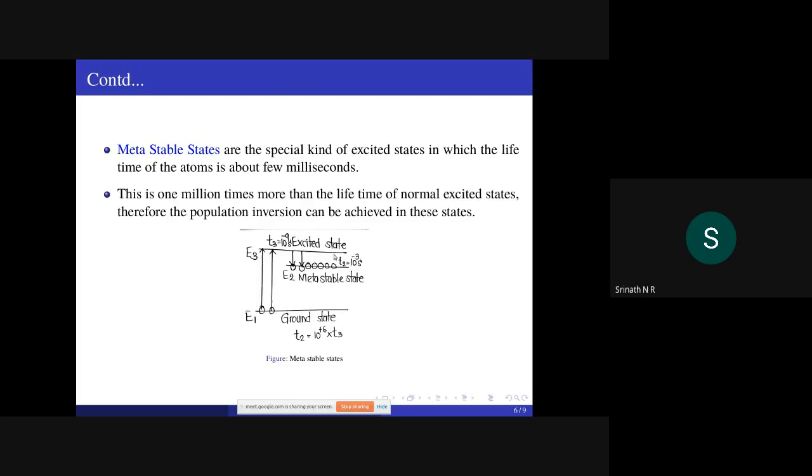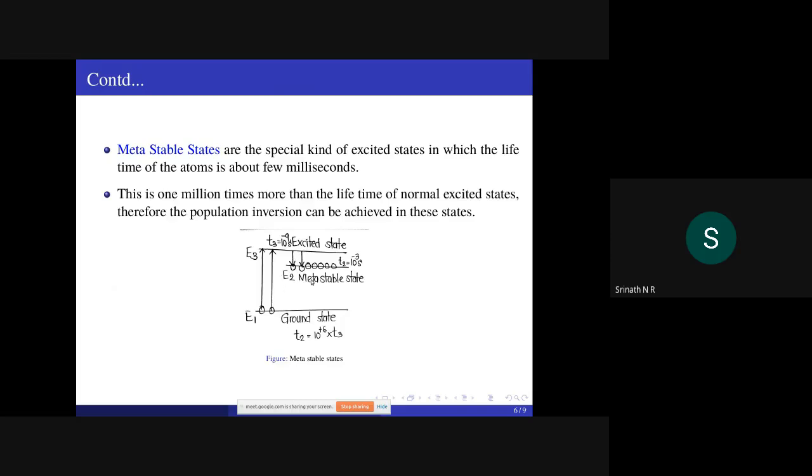That means here the average lifetime of the atom is 10 to the power of minus 3 second, whereas in the higher energy level the average lifetime of the atom is about 10 to the power of minus 9 second. The time difference between the higher and metastable state is 10 to the power of plus 6 times. This is very high. Therefore, the number of atoms whose lifetime will increase in the